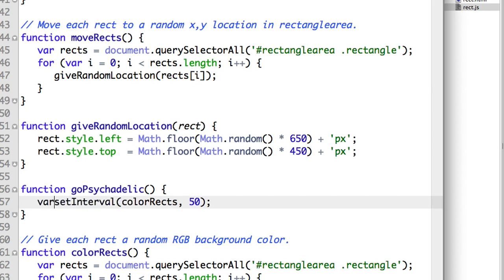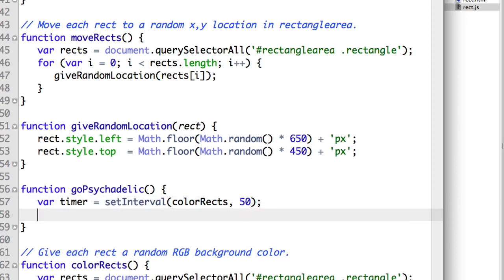Yeah, so I need to say var timer equals this so that I can clear this later on. I only want to do this for maybe 3 seconds or so, and then after those 3 seconds, I want to stop this. So we're going to actually be using a combination of set interval and set timeout. In order to stop this after 3 seconds, I'm going to have to use set timeout. So I can say set timeout